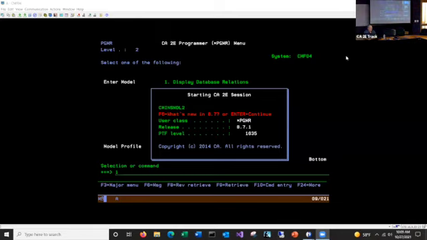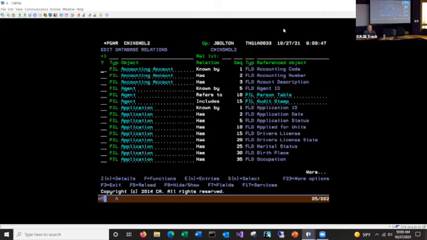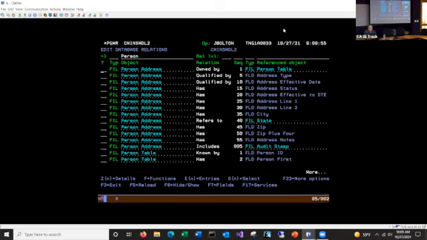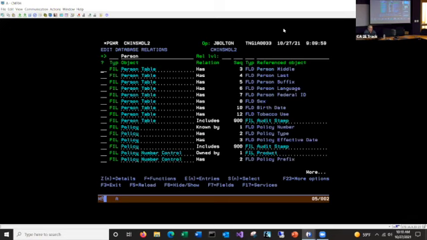Okay, we're using 8.7.1 of 2E. The reason for that is that on our box, 8.7.1 is the best version to use. We are also going to 8.7.2, like Russ had mentioned and showed everybody how to do. So we're going to use this application. It's a simple insurance application. And we're going to go down to the person table. Actually, we're going to be writing services over the person table, but I want you to